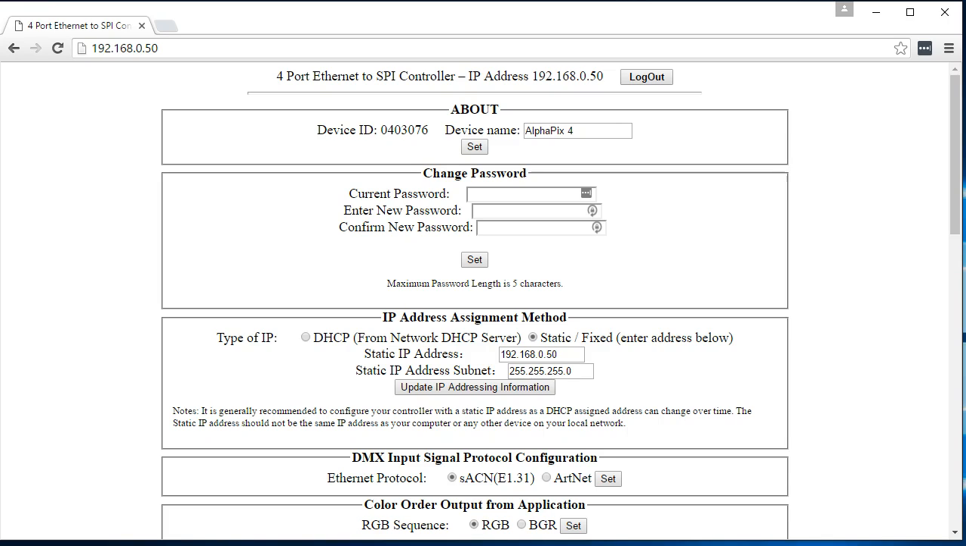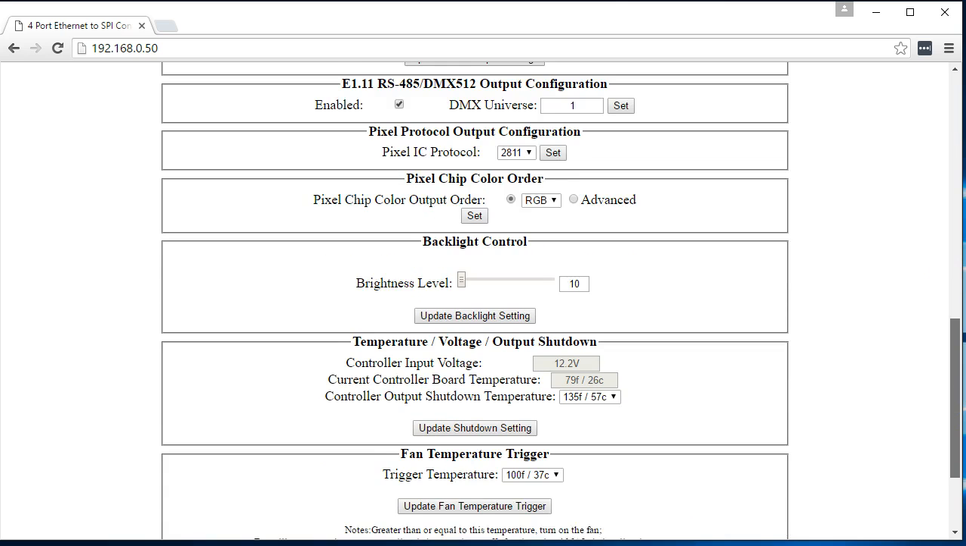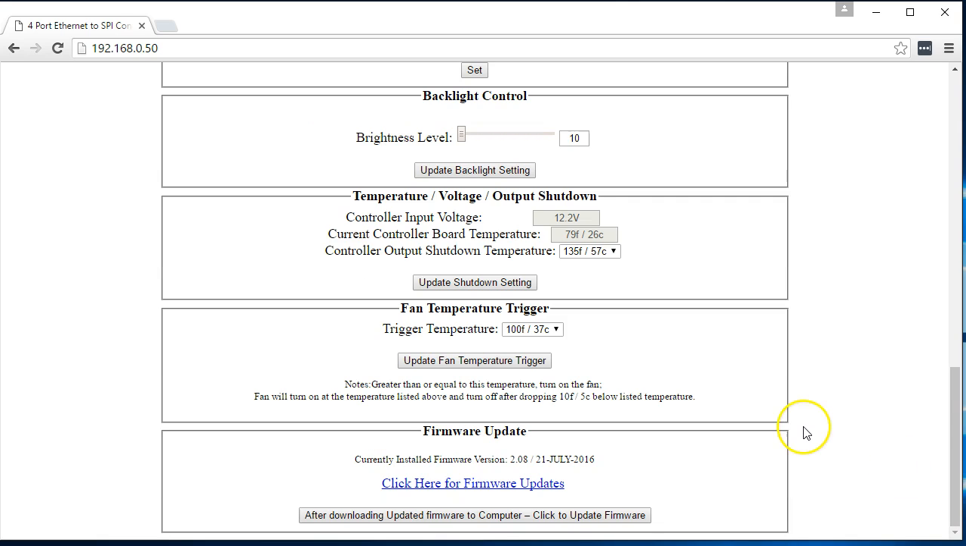This video shows the process of configuring your AlphaPix pixel controller. This particular pixel controller is the AlphaPix 4, and we are running the newest version of the firmware currently available at 2.08. If your interface appears to be different, please go to our website,